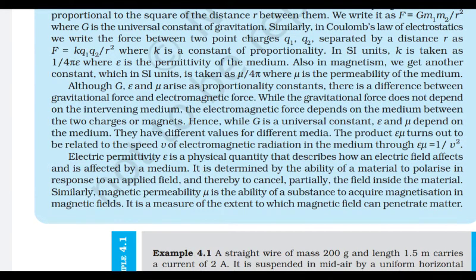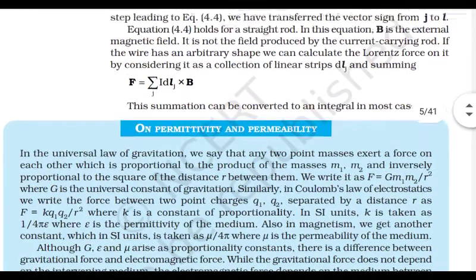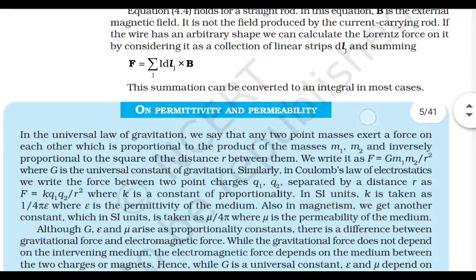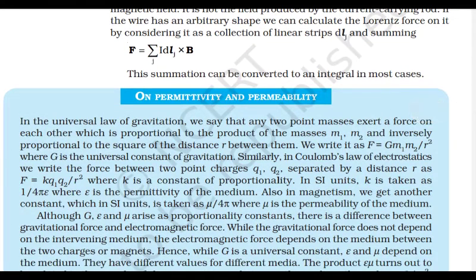I'll show you how it is done. I'm just reading from my textbook. If a screw is turned in such a way that it advances in the direction of current along the wire, then the direction in which the thumb rotates is the direction of magnetic lines of force. Similarly, there is the right hand rule: if a current carrying conductor is held by the right hand such that the thumb points in the direction of current, then the curl of the fingers will give the direction of the magnetic field.